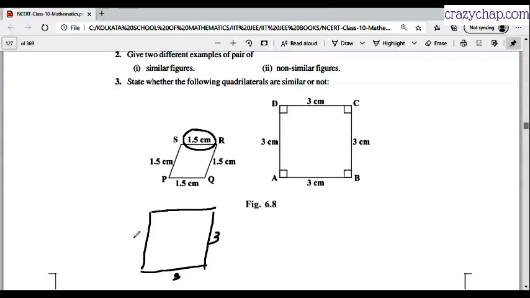Yes, sir. So my point is that to check the similarity, only the side ratios do not decide. There are other factors also which decide, like an angle also, right? So till now, what we have studied is the limited study of proportionality. So the answer for this is that this is a rhombus and this is a square. Even though their side ratios are equal, they are not similar. Make sense? Yes, sir. Good one. Move on.